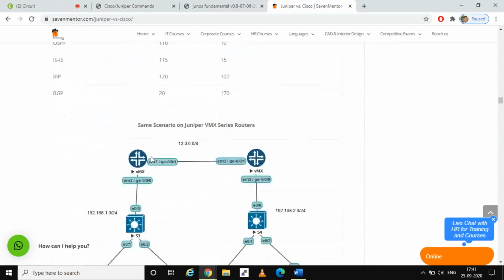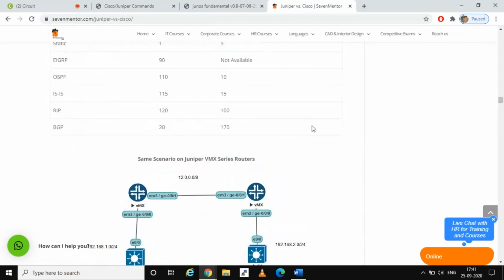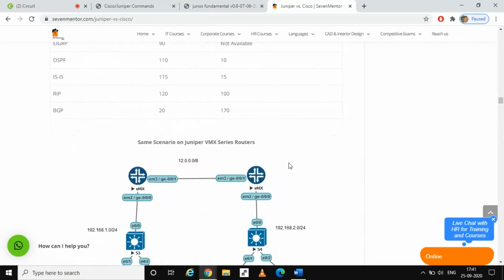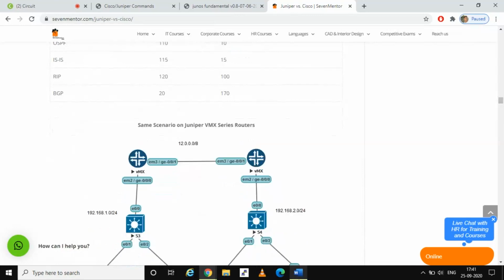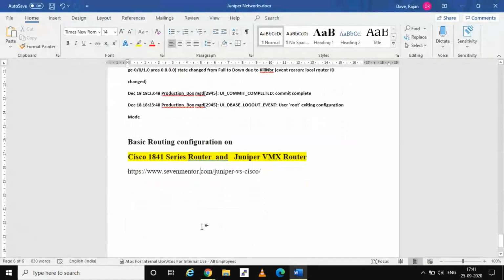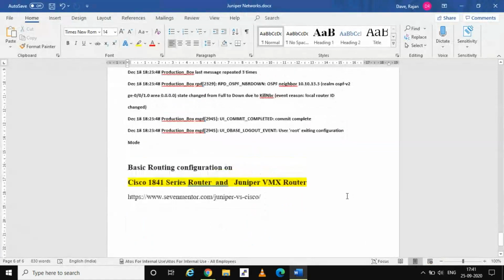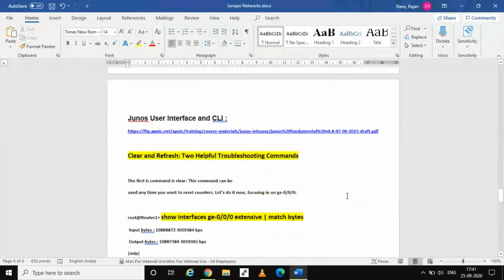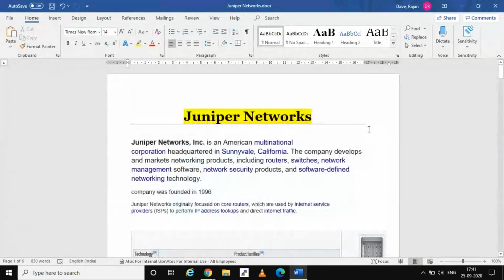This is the difference between the Juniper and Cisco configuration for basic static routing on the VMX router and the 1841 router. This is a little information which I gave you right now, but there is a huge difference between the Juniper and Cisco sides.